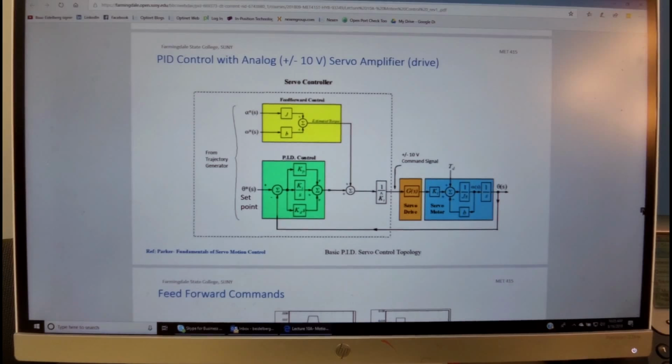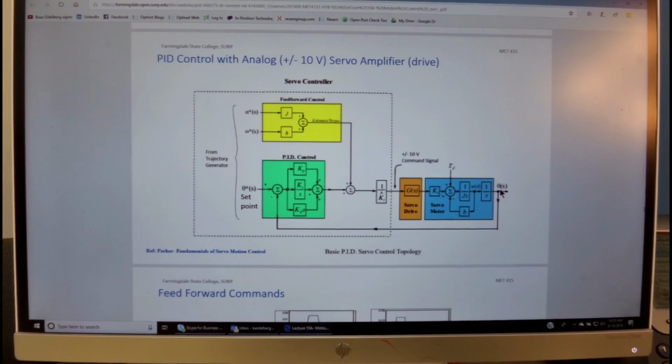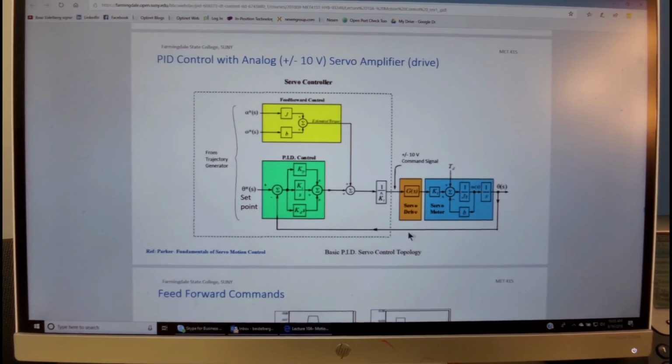We have here an example of an old servo control scheme with analog plus or minus 10 volts that we saw earlier. But here we see that the feedback position, theta, motor shaft, is feeding back into the summation junction, which gets the set point.